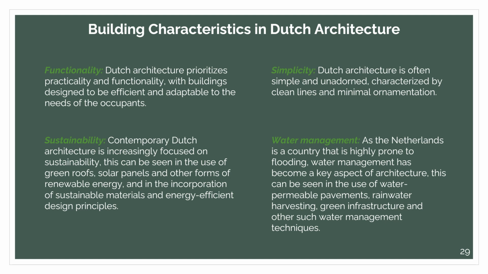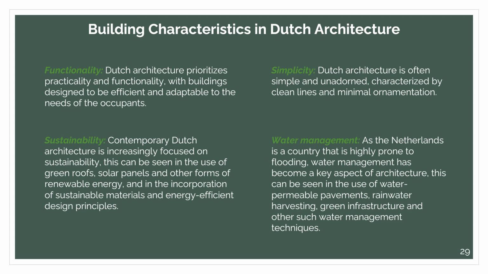Simplicity. Dutch architecture is often simple and unornate, characterized by clean lines and minimal ornamentation. Water management. As the Netherlands is a country that is highly prone to flooding, water management has become a key aspect of architecture. This can be seen in the use of water permeable pavements, rainwater harvesting, green infrastructure, and other such